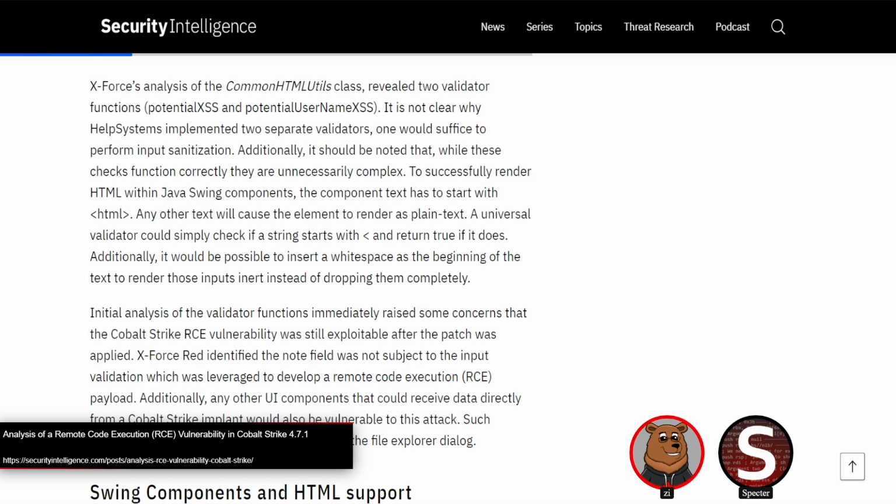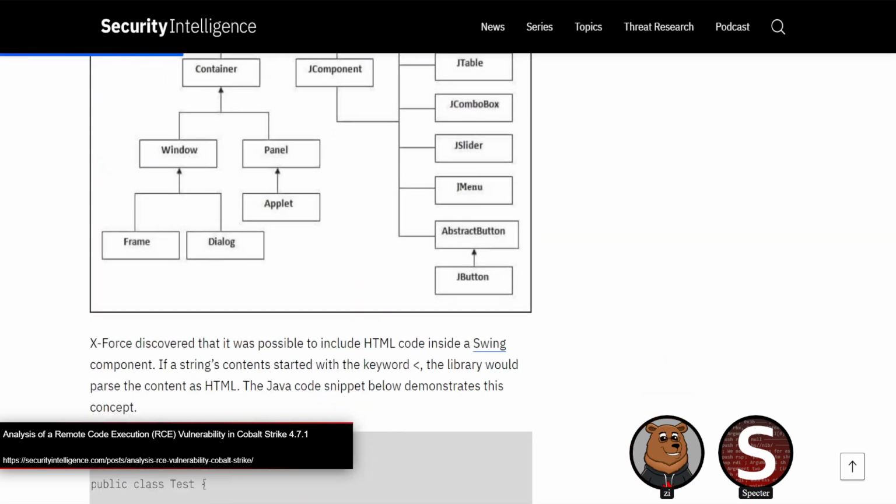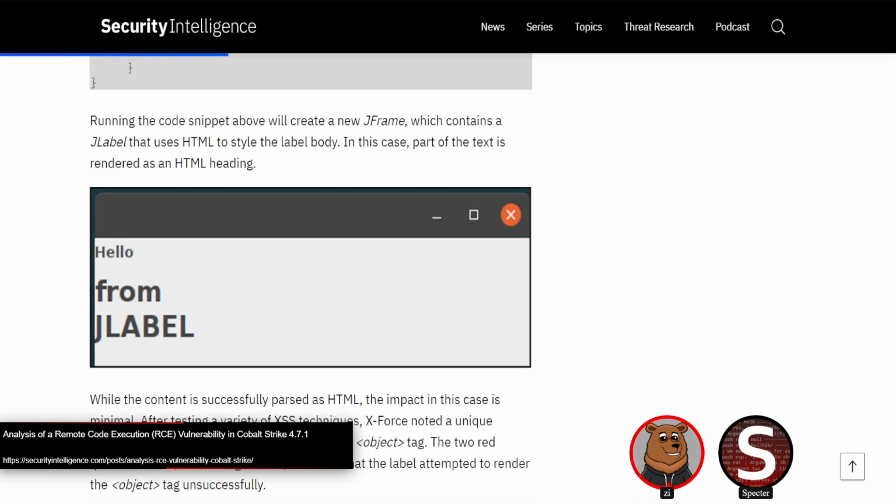If it gets that, it tries to parse whatever the content is as HTML. Sorry. It'll parse it as HTML. So you end up with, as a useful thing, maybe you want to have a label where you actually put different size text in there. Kind of makes sense, but it's also feeling like a pretty dangerous functionality to just support HTML, especially as you